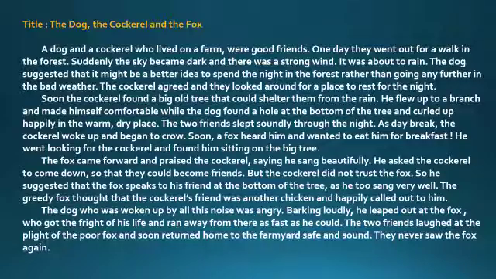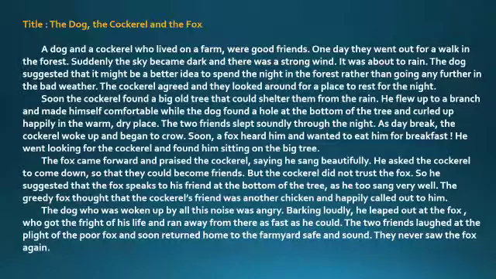Soon the cockerel found a big old tree that could shelter them from the rain. He flew up to a branch and made himself comfortable, while the dog found a hole at the bottom of the tree and curled up happily in the warm, dry place. The two friends slept soundly through the night.